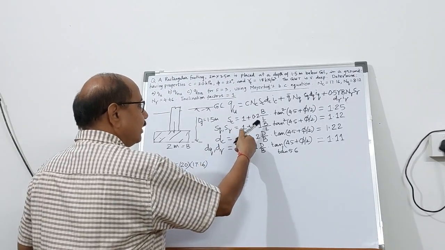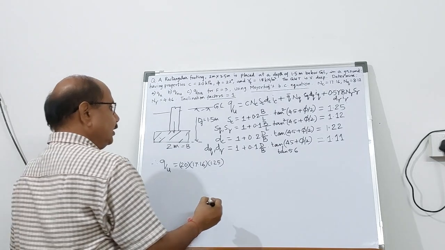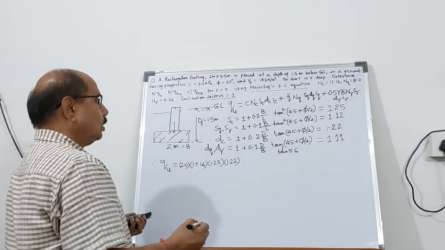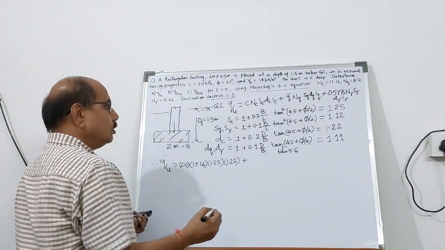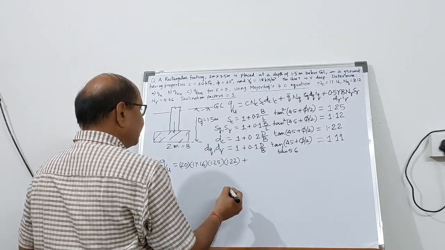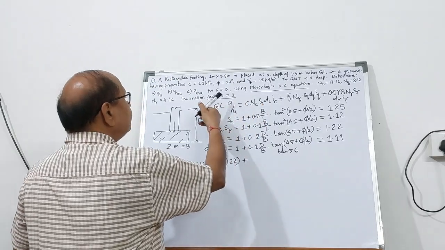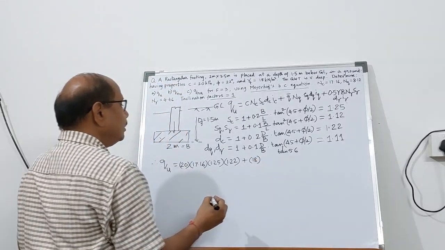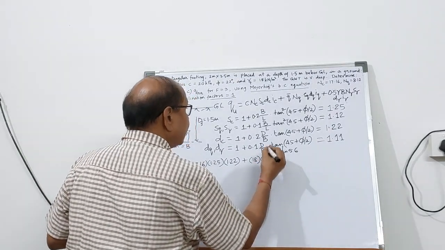SC you have already calculated as 1.25. DC is 1.22 and inclination factor is 1 plus. There is the surcharge Q bar at the base of the footing, and that's gamma. Gamma is given in the problem as 18. So the surcharge will be gamma D, 18 into D. So D is 1.5. That becomes Q bar